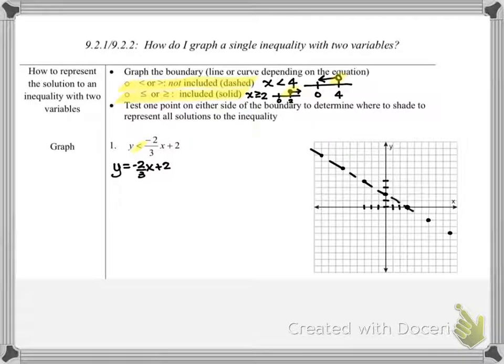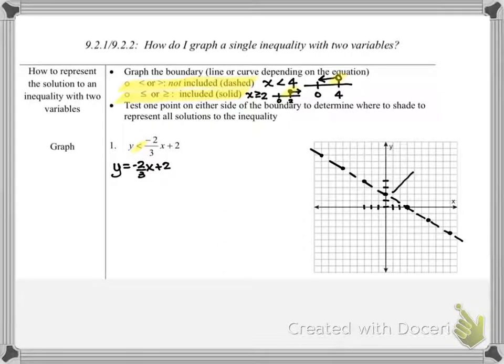So I want to see chunks that are missing there. So my boundary's not included. Okay, so now I have to be able to test. You are either going to test below the line,